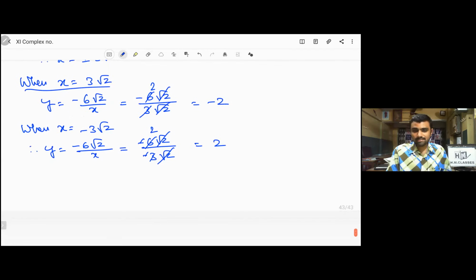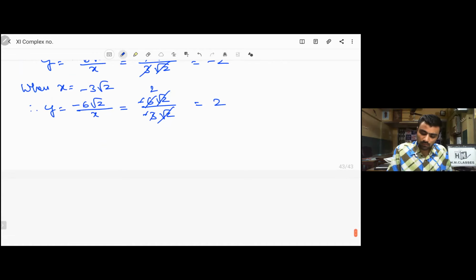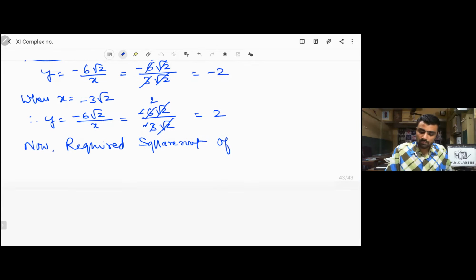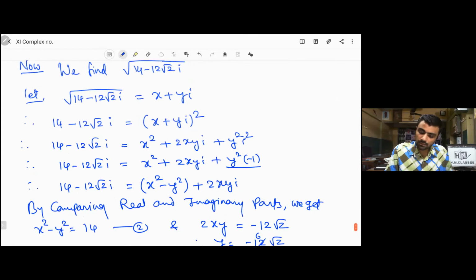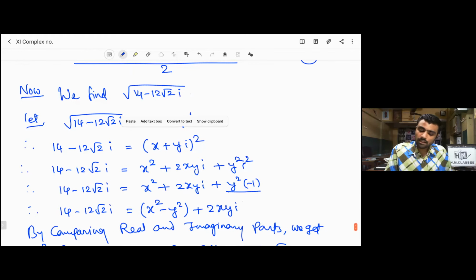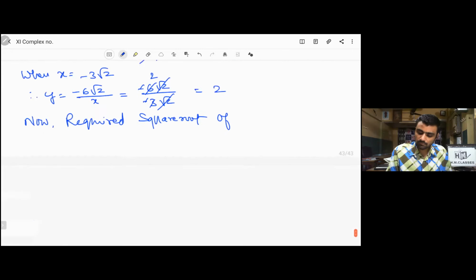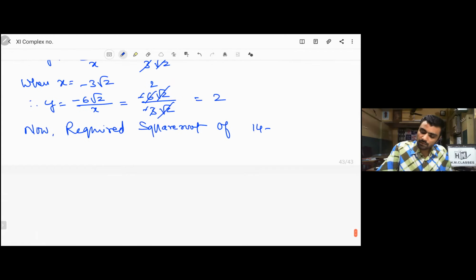So both x and y we got. So now, required square root. Of, what were we finding the square root of, students? That we were finding the square root of this: 14 minus this one, 12 root 2i. 14 minus 12 root 2i. 14 minus 12 root 2i. Its whole square root